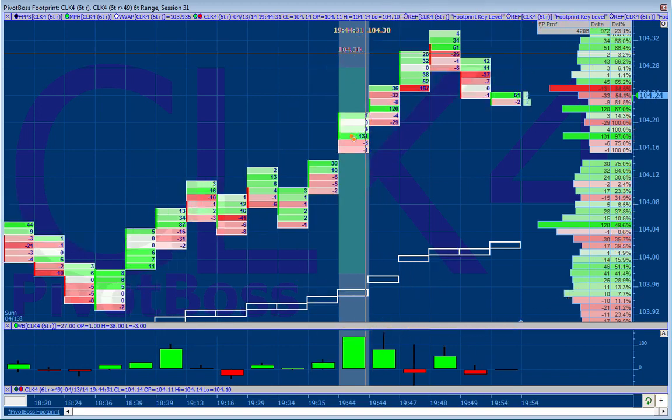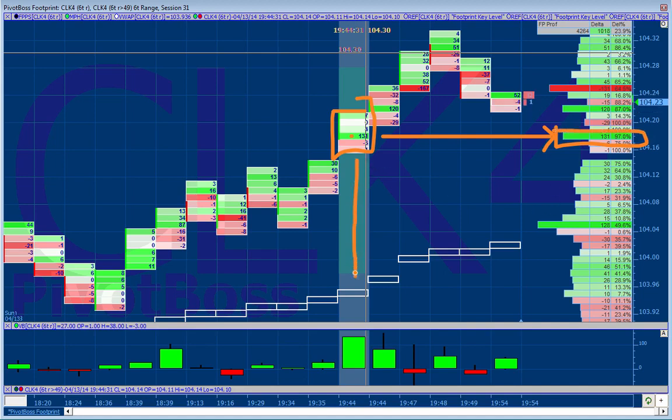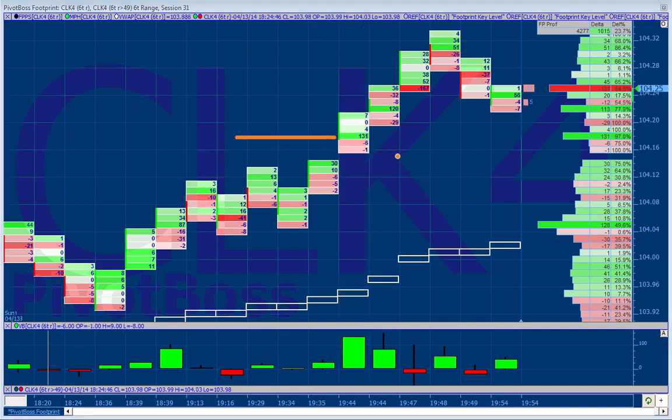You can see it at the specific price, right here. You can see at that price for the entire day. And you can see at that price for that entire range bar. What that tells you is, for example, look at this 131 contract that came in. That's a big buyer. 131 contract buy imbalance in crude oil. Okay?